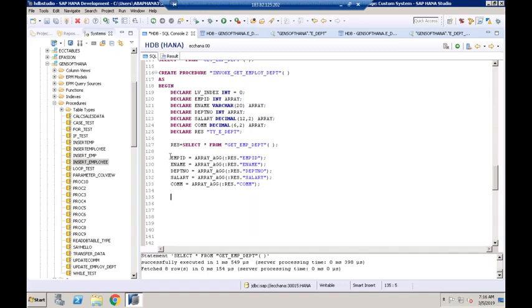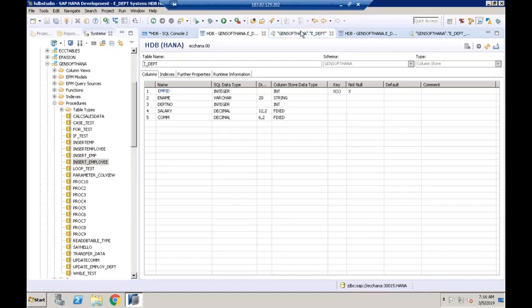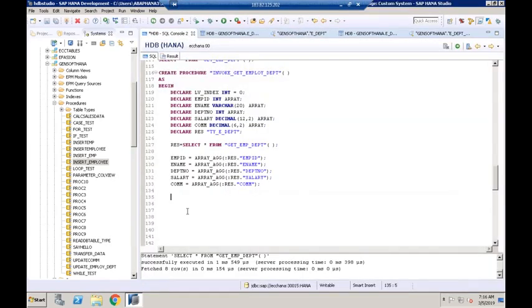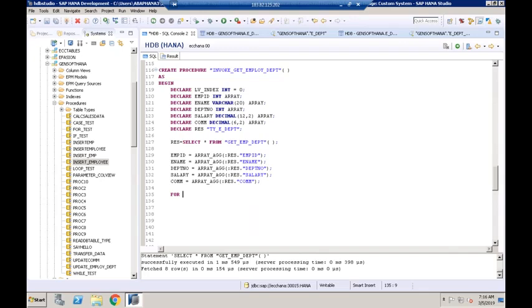So how many records are there? This entire data it is going to return now. 8 records. But I don't know in general how many records there are, so I have to start from the first record to the last record. I'll use the for loop. Try to understand the syntax. For the variable I declared, lv underscore index in 1 to